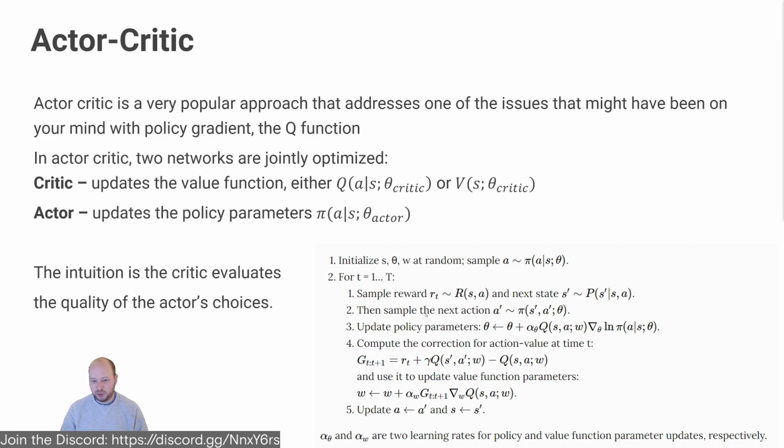Now, based on that new state, we take a new action. I think this apostrophe is incorrect, but either way, we sample a new action. Now, based on that, we update our policy parameters. This is just Q learning, right? We take our theta plus our learning rate,